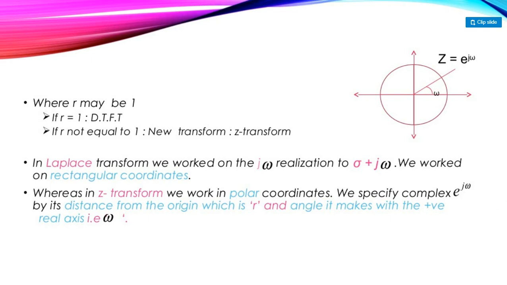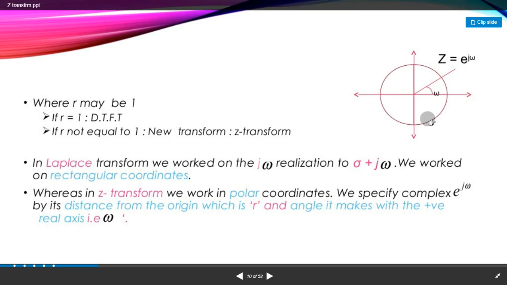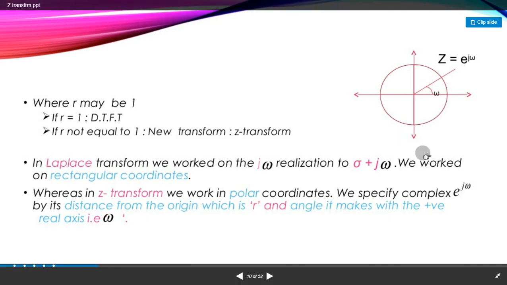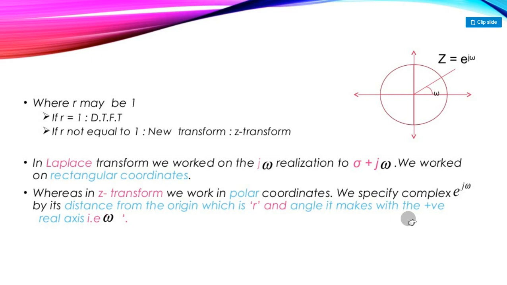Now if you take a close look here, this is the position of the one. This is the value 1, this is the value of r, and the angle it makes with the origin is omega, or you could say the frequency. So we have to determine the frequency using the Z transform. We are going to determine the frequency of this specific discrete time Fourier transform. Okay, so let's go to the next slide.